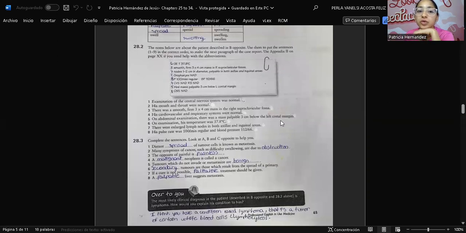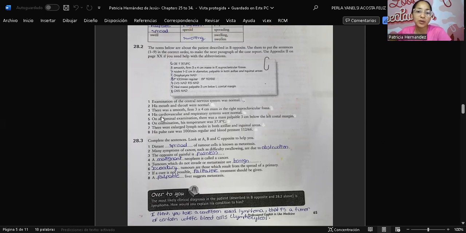Okay, 28.2. The notes below are about the patient described opposite. Use them to put the sentences in the correct order to make the next paragraph of the case report. Use Appendix 2 on page if you need help with the abbreviations. Examination of the central nervous system was normal. That's CNS, NAD. His mouth and throat were normal. That's oropharynx